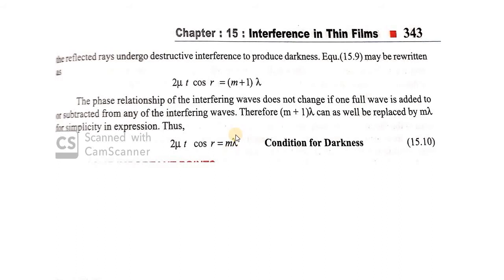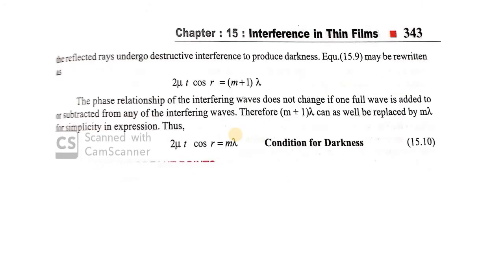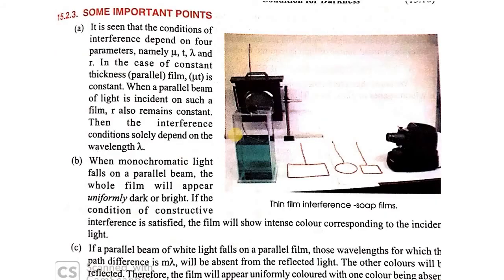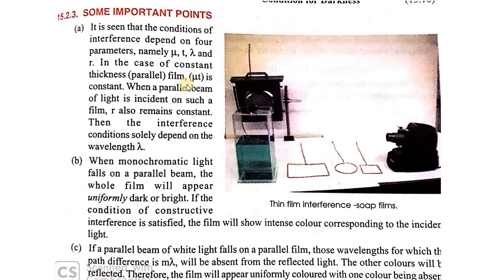So if the path difference between two waves is an integral multiple of the full wave, it will give a constructive interference, and if it is a half integral multiple of the full wave, it gives a destructive interference, which is the condition for darkness. And we'll have to take into consideration some important points, like the conditions for interference depend on 4 parameters according to the equation 2 mu t cos r. It depends upon mu, it depends upon t, it depends upon r, and it depends also on the wavelength of